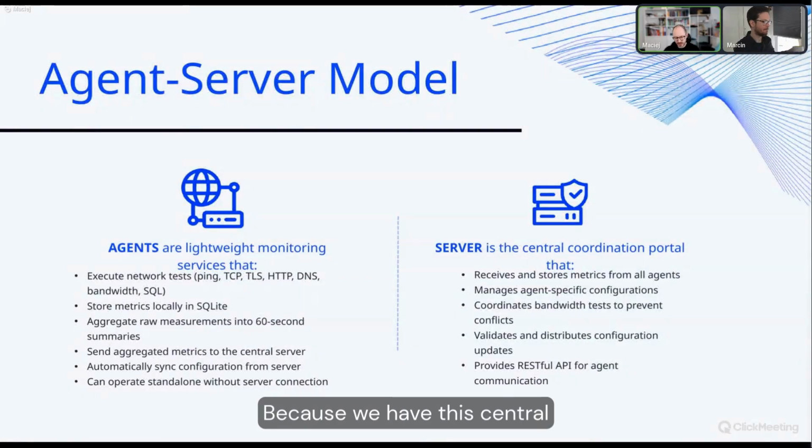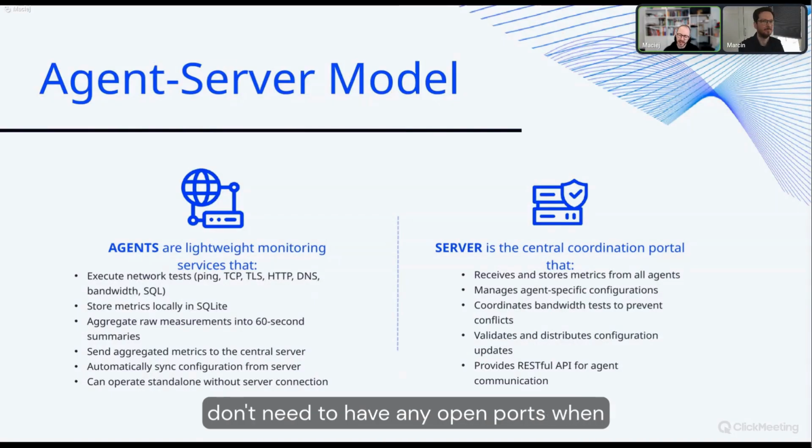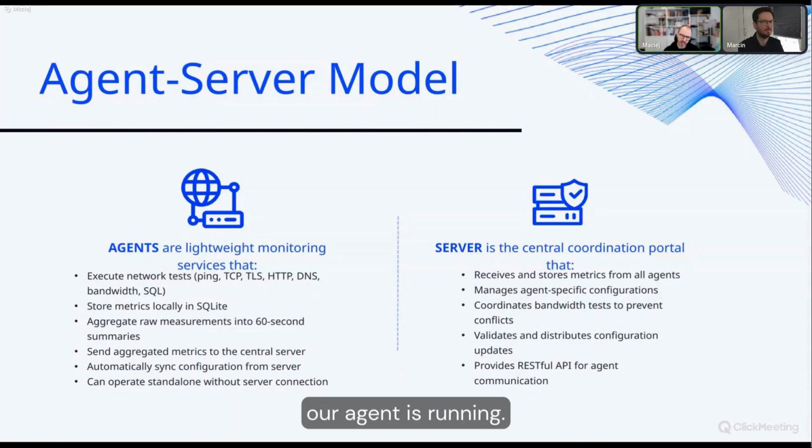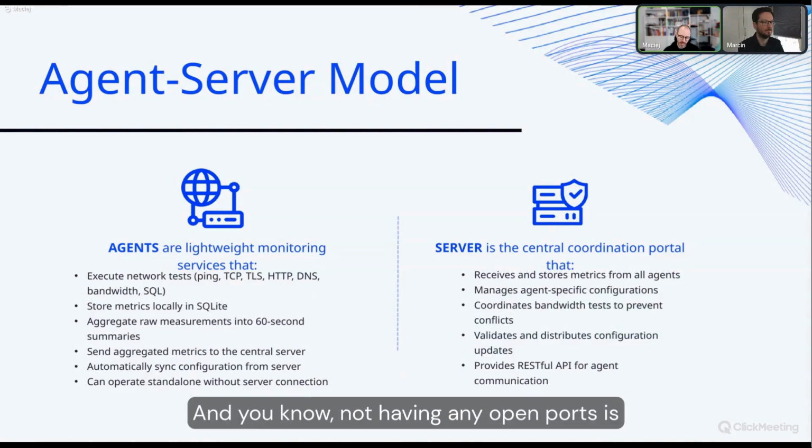Because we have this central server to which agents actively connect, we can run our agents on anything with the firewall enabled as deny incoming, allow outgoing. So we don't need to have any open ports when our agent is running. And not having any open ports is